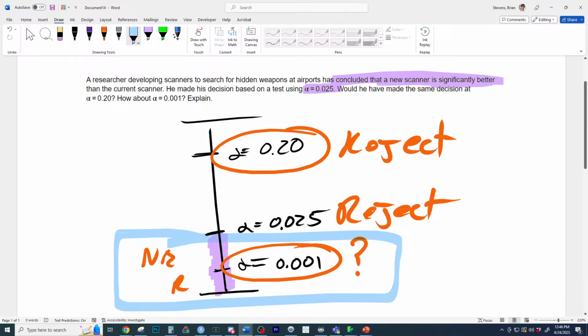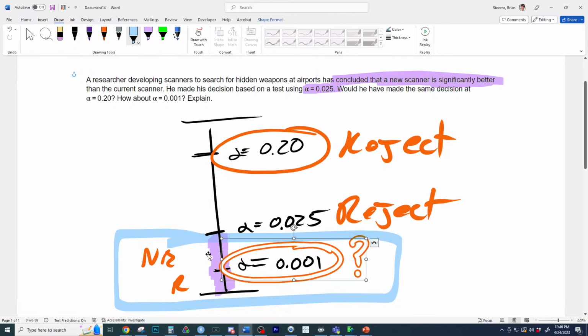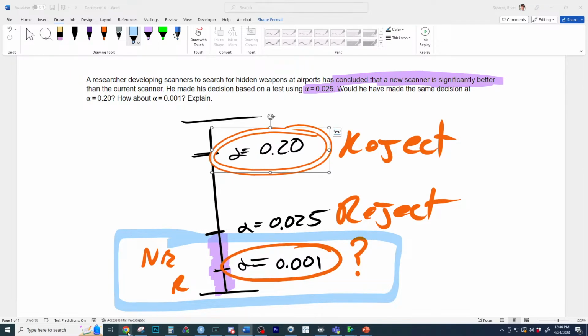This question can vary on how it's written. So you really want to draw it out and make sure you understand that if they find evidence, the p-value was below whatever alpha level they used. This question changes. I've had people say, but wait, I did exactly what you did. And I'm like, wait, but they changed the wording. So I really like this one. I think when you draw it out, it makes more sense, because you can say they found evidence at the 0.025 level, which means the p-value was below that. We do not know if their p-value is going to be below the 0.001 level, but we do know it'd be below the 0.20 level.